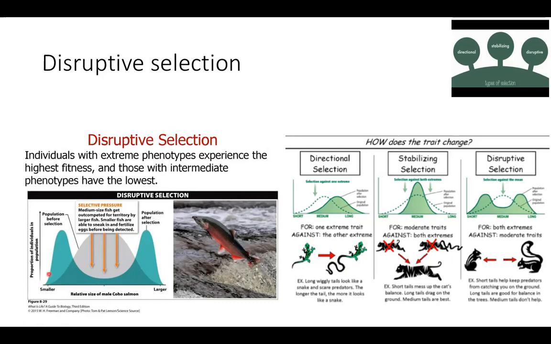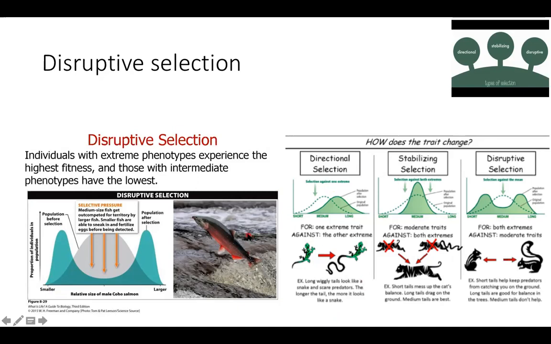So you end up with the mean being selected against. So the selection is for the little sneaky fish, and then the middle-sized male doesn't really get selected for because he doesn't stand much of a chance, and then you select for the larger male for his largeness and his prowess, basically his strength. So that's disruptive selection,